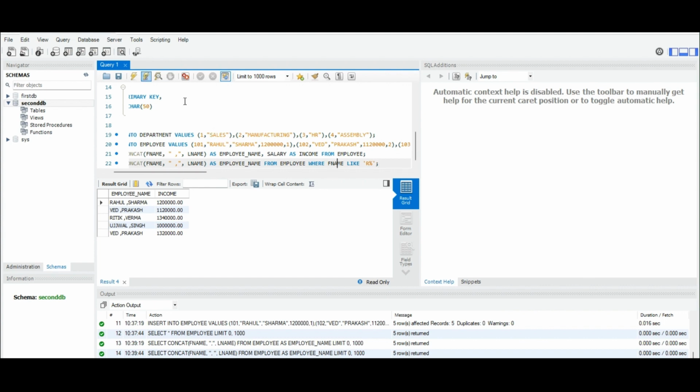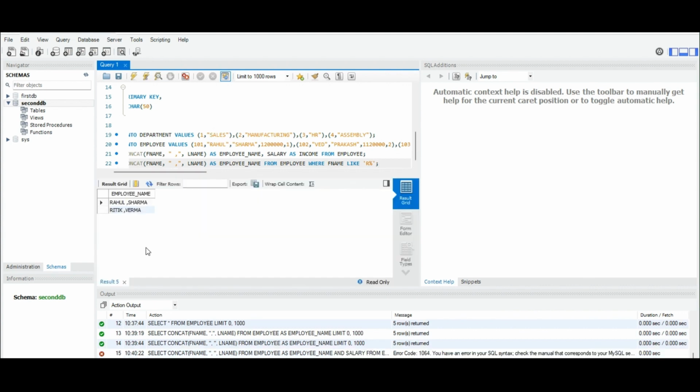So if you click this, only the names of those employees whose name begins with R